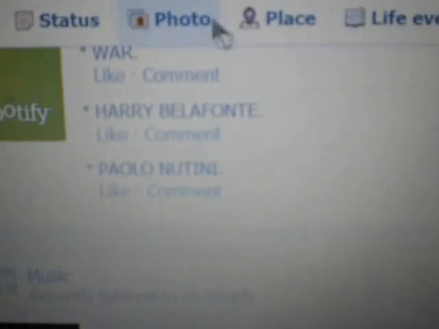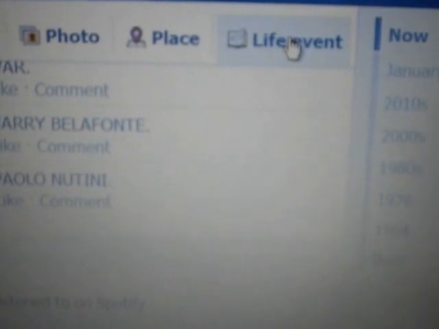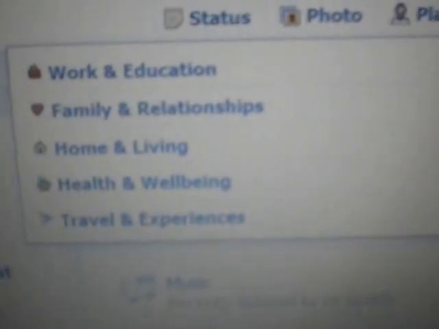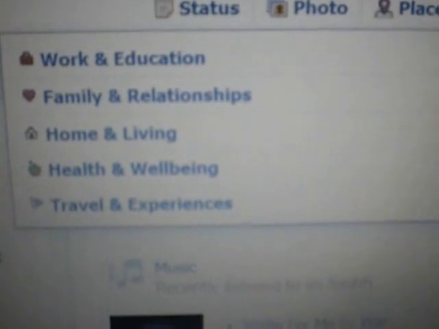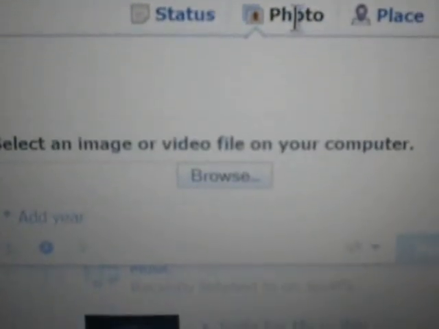You have the ability to do your status, which you can also do on the home page. If you want to add photos, you can do that here, place, or a life event. A life event is really neat because if you click on it, it has all these different things like work and education if you want to add it, family and relationships, home and living, health and well-being, travel and experience, place, click. You can do your post as to where you are,